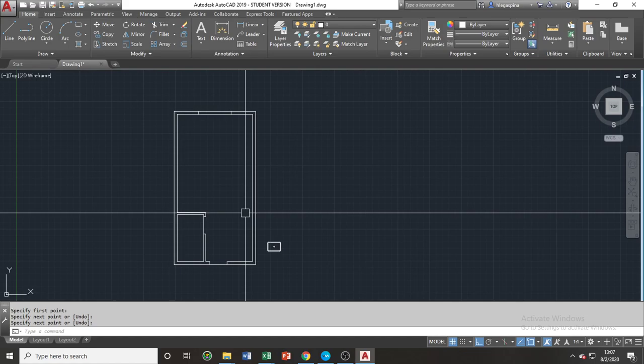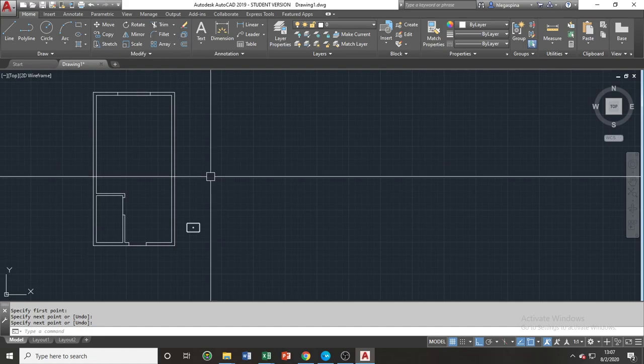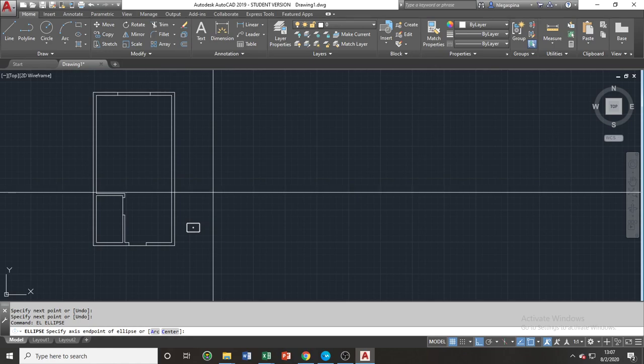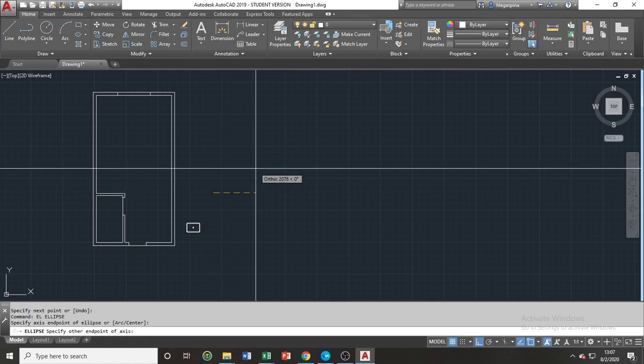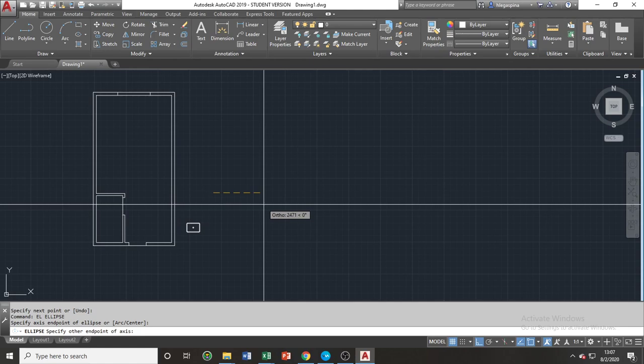So the next drawing tool is the ellipse, which is mostly used for the creation of our water closet. So in drawing ellipse, the shortcut key for ellipse is EL, or in phonetic alphabet, Echo Lima. The creation of ellipse by default is similar to the creation of your rectangle. So we will specify first the dimension